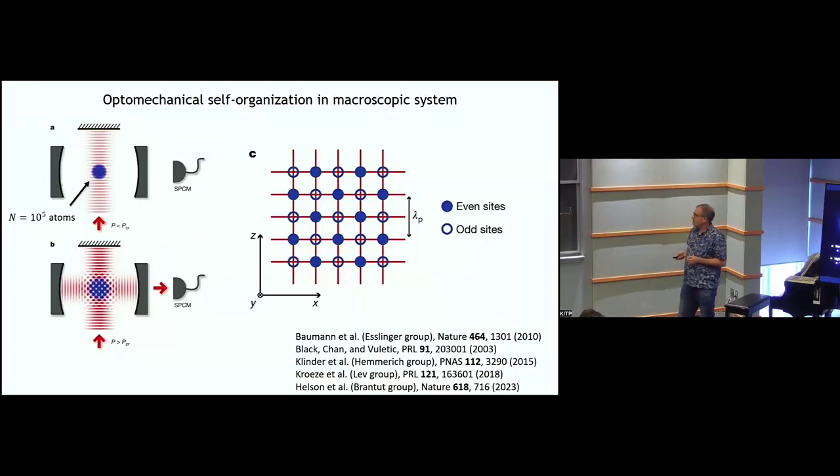This is not an entirely new topic. So this optomechanical self-organization of atoms in a cavity has been explored previously. There are these very famous experiments by the Esslinger group where they placed a Bose condensate inside of the cavity. They illuminate it just as we do from the side. And above some intensity of light, these Bose condensed atoms self-organize into some kind of density modulation that scatters light